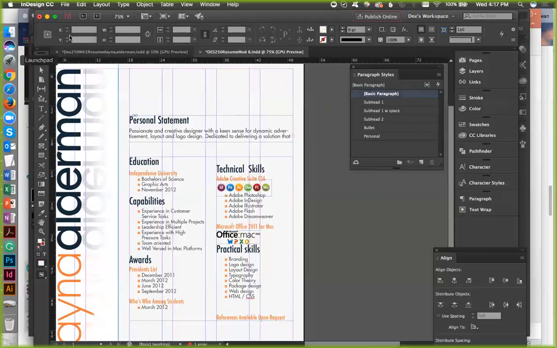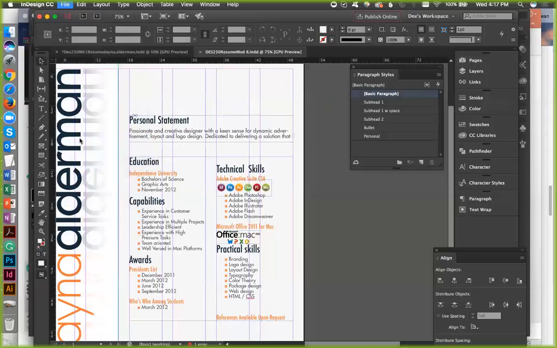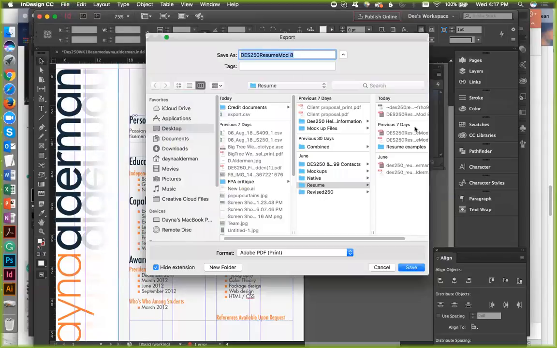All right, from here, we're going to do File, and we're going to save it again. File and export this as a PDF.